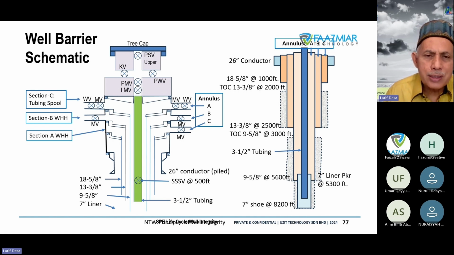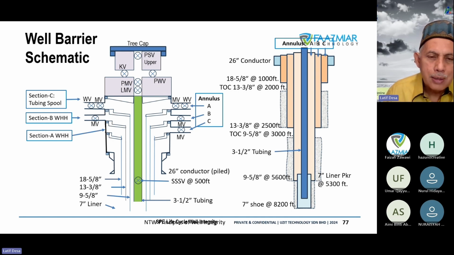You can see the drawing here is showing a conductor with cement cemented to surface, and then for this casing, the cement is also cemented to surface. But for this casing, the cement is cemented halfway. It allows some gap here for any high pressure to be bled off, you know. So I think the reason for having it halfway is to provide a passage for pressure to bleed off. The same thing with this production casing. You can see the cement is not set to surface because it allows some space here for any annulus